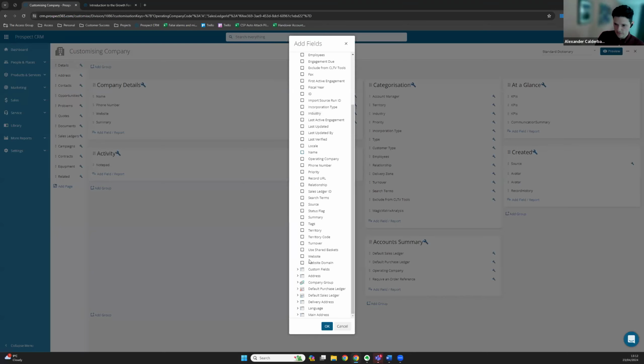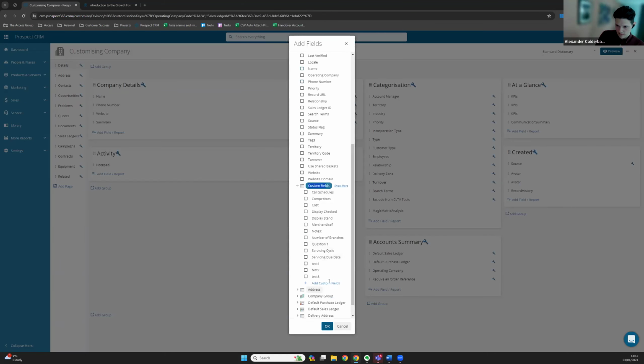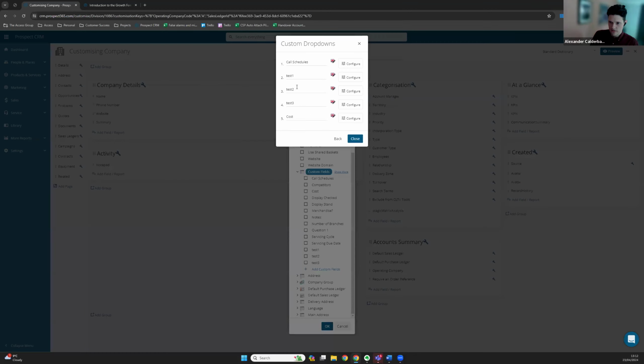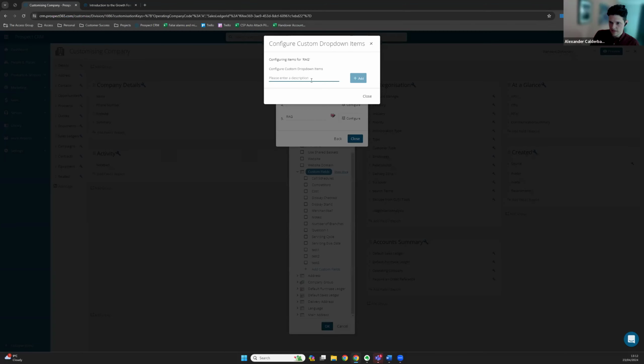If I wanted to add a brand new field, you're looking at custom fields down here. I can add a new custom field. You've got a sort of multiple choice here. We're going to stick with drop down, but obviously you've got dates, and it might be a site visit when you last saw them. You can add a date in for that, text fields, etc. But if I add a drop down and rename one of these to RAG or something like that, I can configure that to